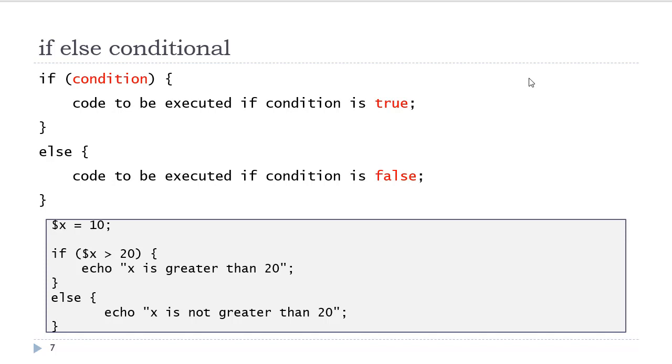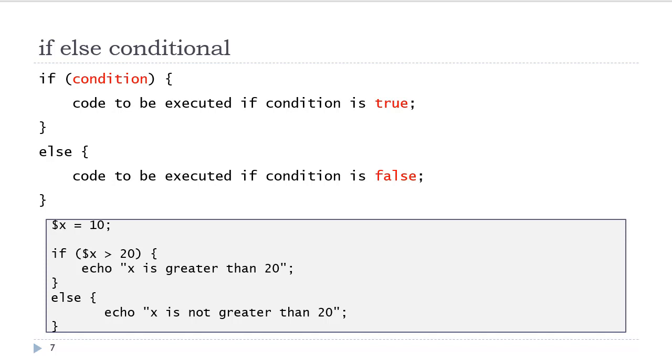We have an if-else conditional statement. This is the if condition with an else clause. In this situation, we are still evaluating the same condition. The only difference is that if it is now not true, or if it is false, we can execute some code. So if the condition is true, the code inside the curly braces will execute. Else, meaning the condition is not true or false, then this code can be executed. So in an if-else conditional statement, we execute code both for the true condition and for the false condition. So in either case,